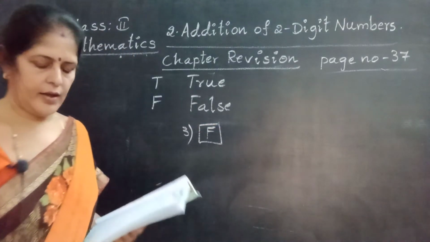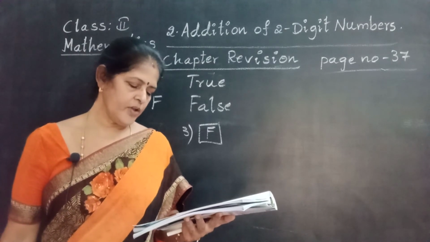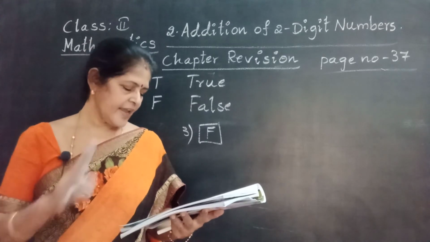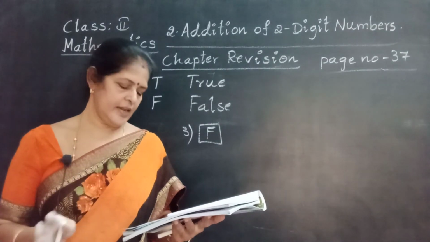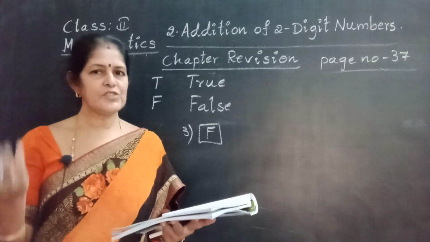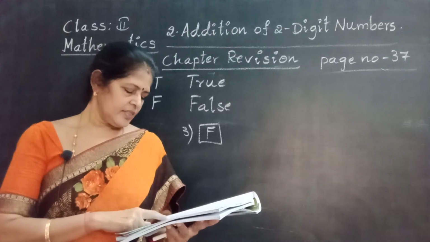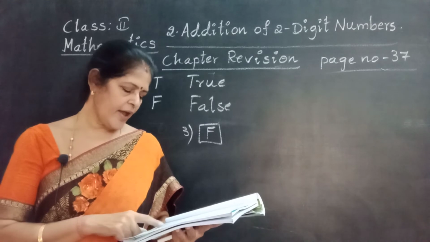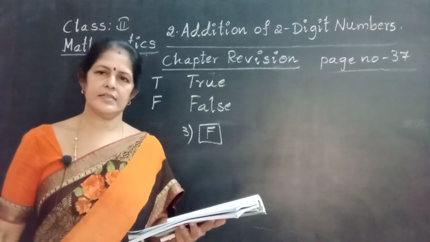That is wrong. Once again, the number name for the sum of 20 and 36 is 56. That is true. Second one, 15 plus 0 plus 1 equal to 15. That is wrong. 15 plus 0, 15. Plus 1, 15 plus 1, 16. Third one, when 0 is added to a number, the answer is 1 more than the given number. False. True, false, false. Okay?